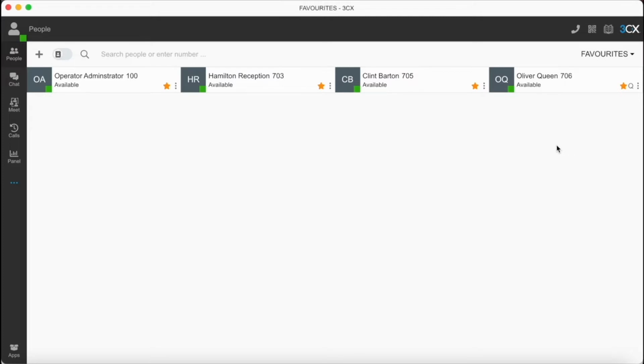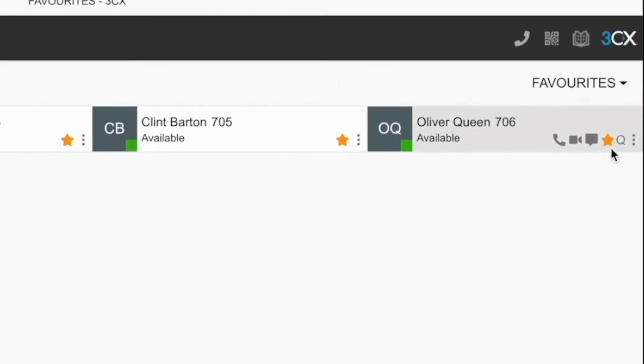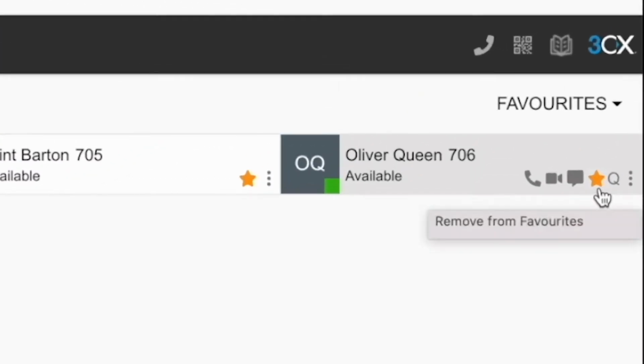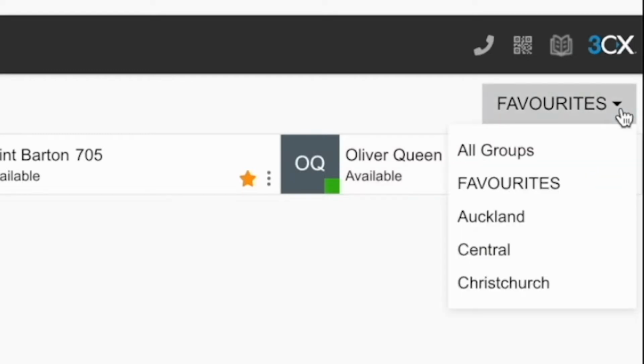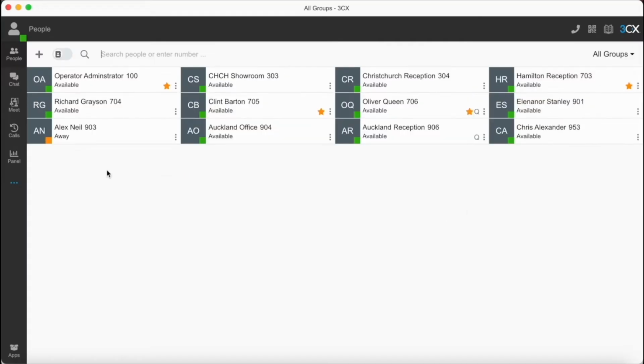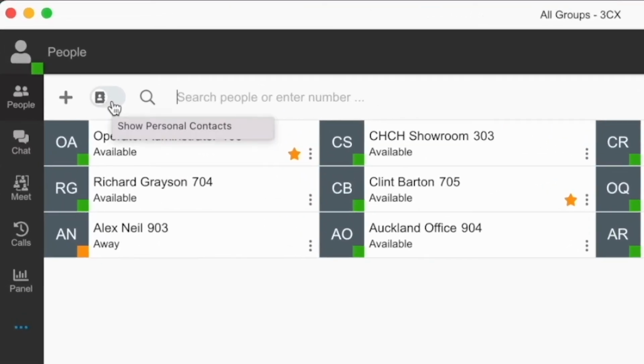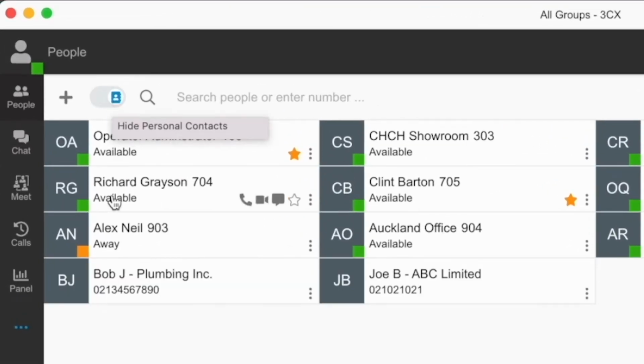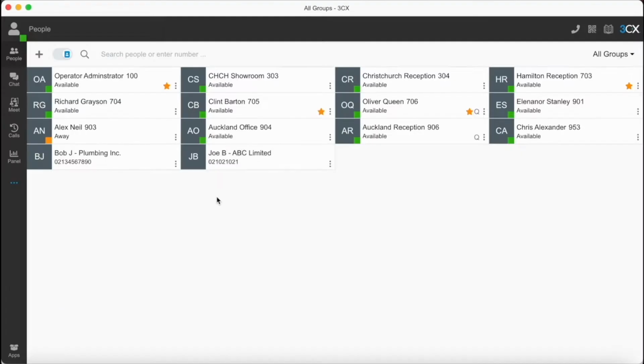We can do that by hovering over their extension card, going to the star, clicking on that, making it gold, and that adds them to the favorites group. We can also have external contacts in the phone system that we can bring into this view. So by toggling the top left personal contacts button, you can see that both Bob and Joe are now visible on this view. They've been added in from my phone book so that I can call them easily from this